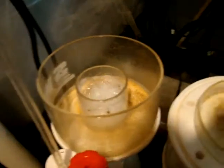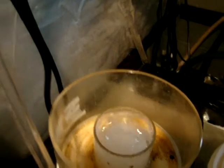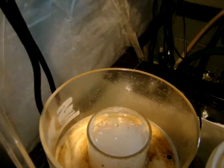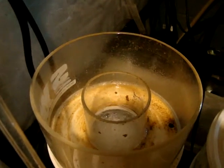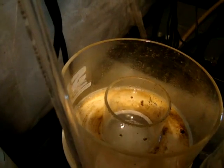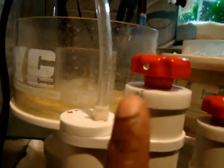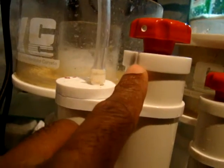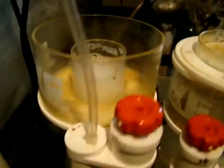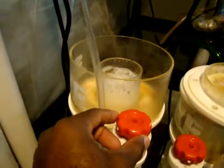As a matter of fact, while I'm here, I'm going to show you what I'm going to do. I'm going to tweak this one down so you can see when it drops. Alright? So you see the foam head is going all the way down because I'm tweaking it downwards, right? Then I'm going to bring it back up. So on the side of my skimmer right here, you can see my little pencil mark. So this dot here is in line with my sweet spot. So once I have it tweaked like right here, I know it'll get my foam head exactly where I need it. So if I go left of that dot, which I just did,